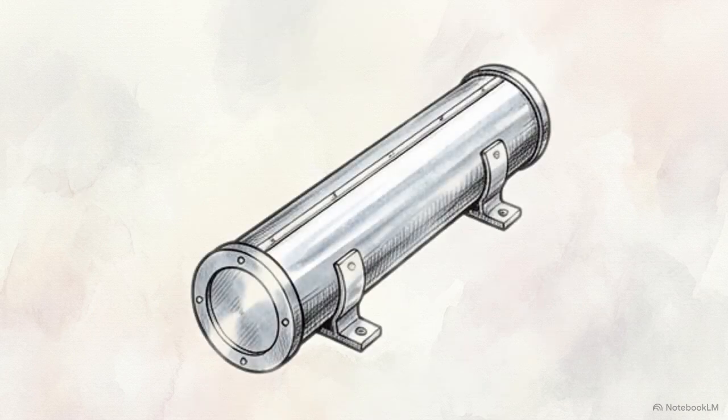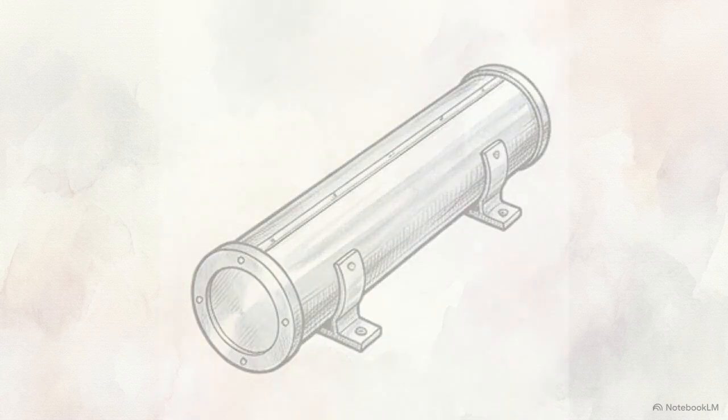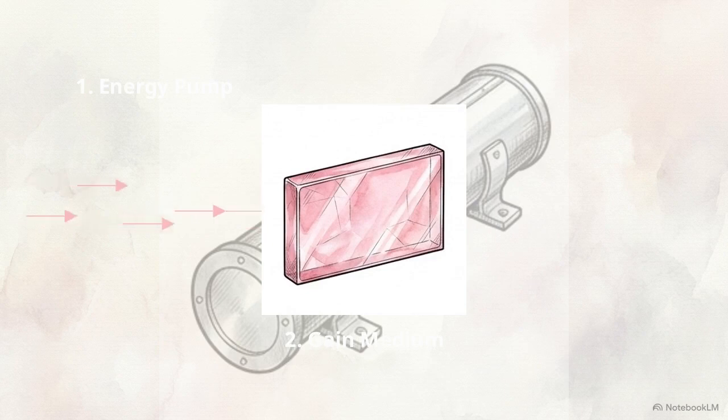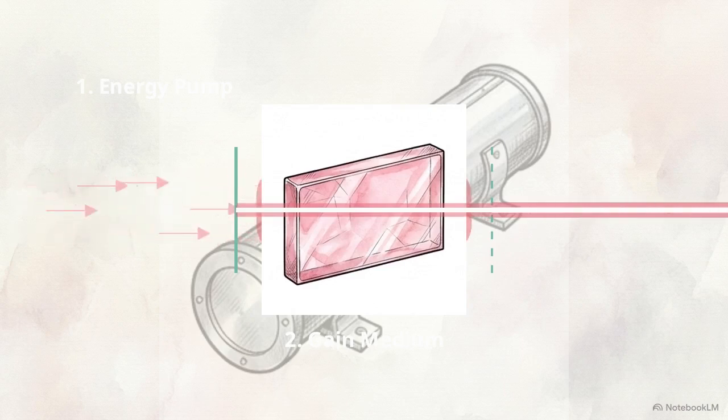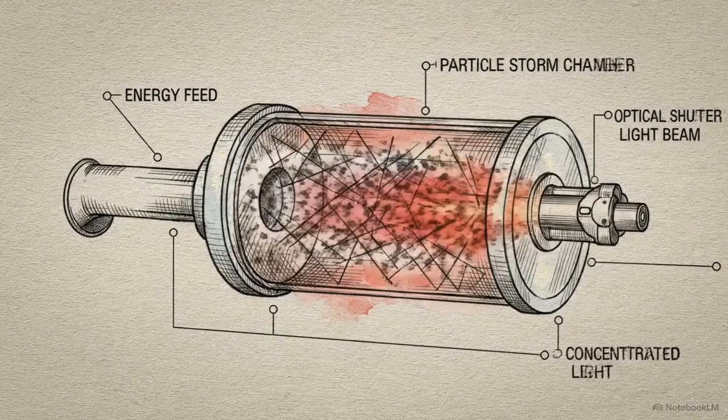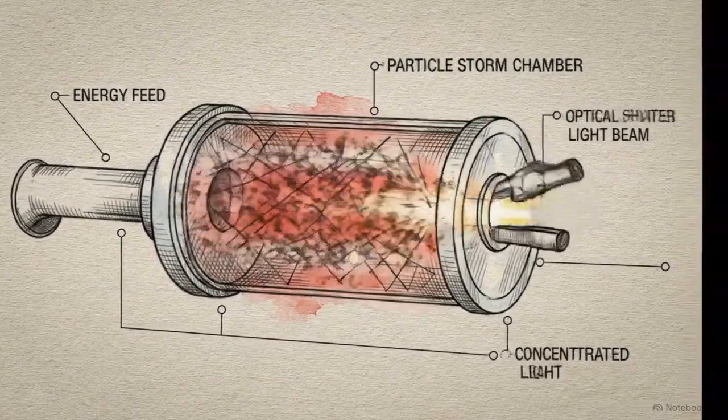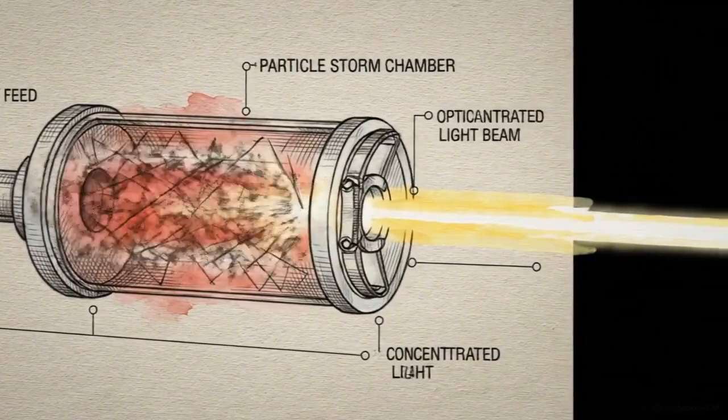The required hardware relies on three core components. The first is the energy source, or pump, supplying initial power. The second is the gain medium, the physical material that receives this energy and amplifies the light. The pump fires constantly, keeping atoms continuously excited. The third component is the optical resonator. By placing mirrors at both ends, the trapped light reflects back and forth, growing denser and more powerful with every pass. Together, the pump, medium, and resonator force chaotic energy into an amplification loop, continuing until the light escapes through